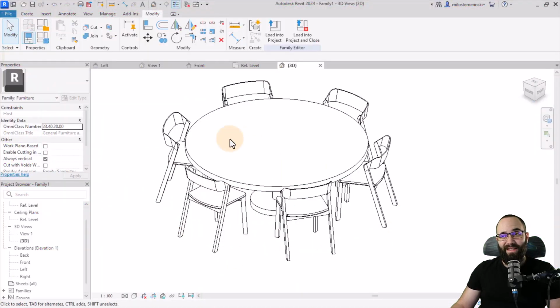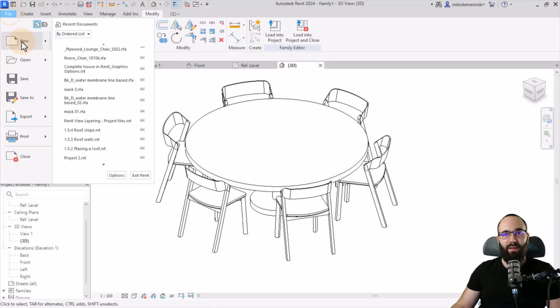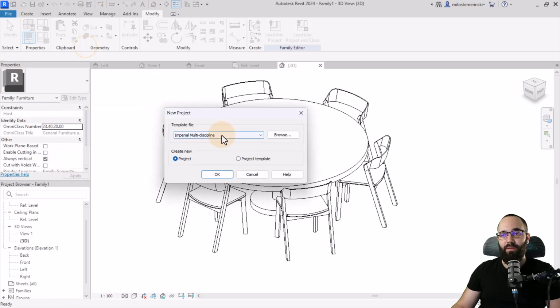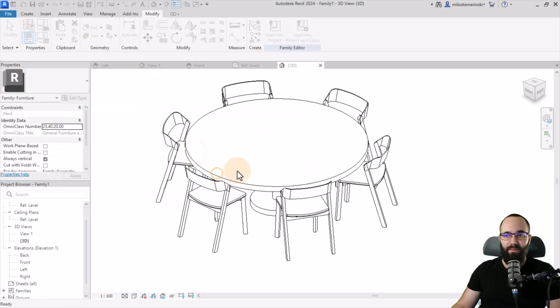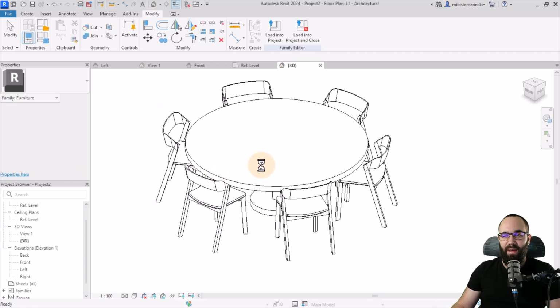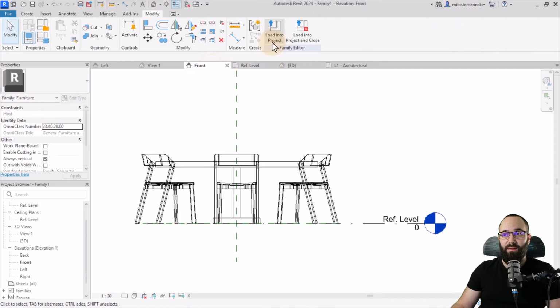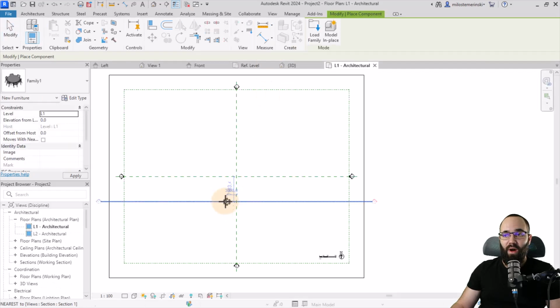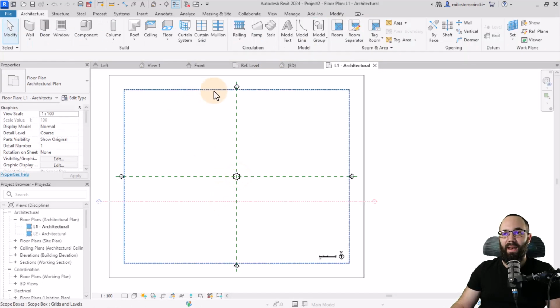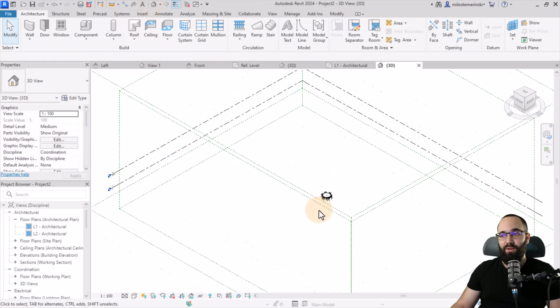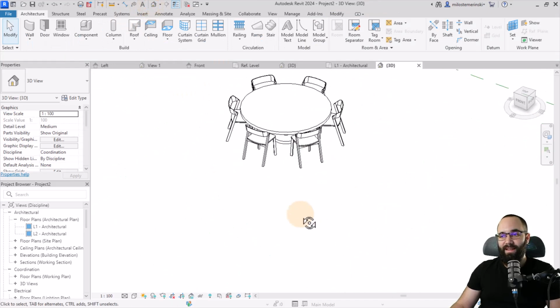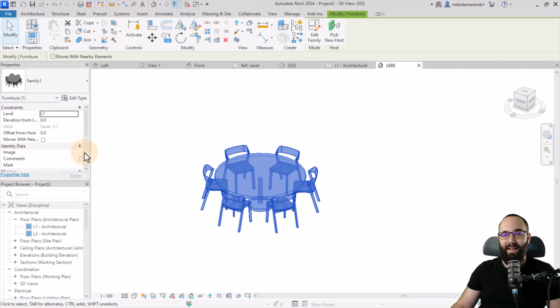Okay, so now once this is fixed, I can create a new project. So let's go here to new project. I'm just going to use metric multidiscipline template, and then let's test this family out in the project. So let's go to family, load into project, and let's place it. And now if we go to the 3D view here in the project, you can see this is the family we have. When I select it, the parameter is going to be here under visibility,